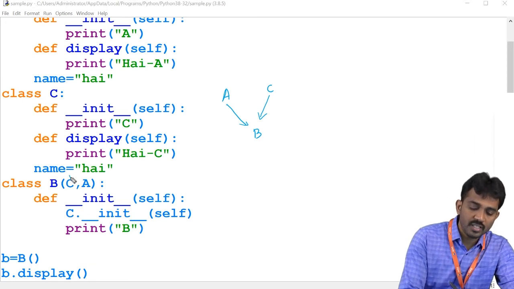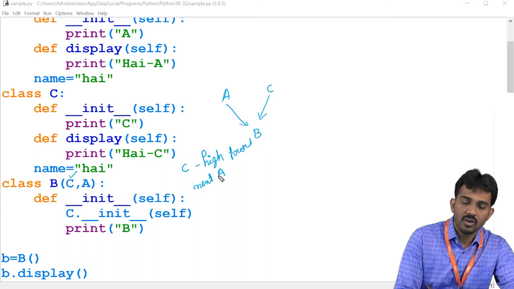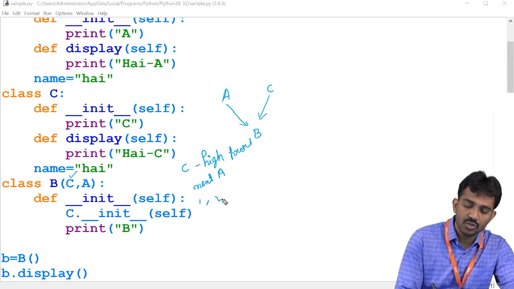So if you pass this one first, C is the high priority. Next, A. So like this, 1, 2, 3, 4 means the first priority, second priority, third priority, fourth.